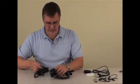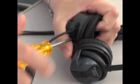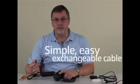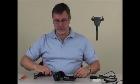Loosen these 2 screws. So you see it's quite easy to remove the cable, and let's say we have a new cable with a different connector. I use the same one here, but you can imagine this connector is always the same. Attach it again to the headset. Use the screwdriver and